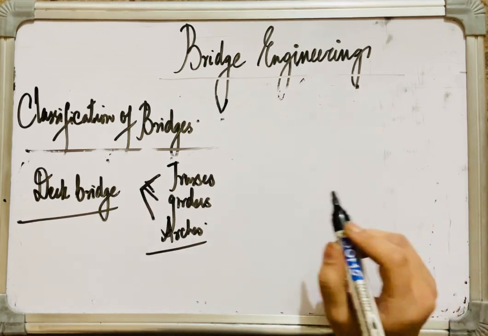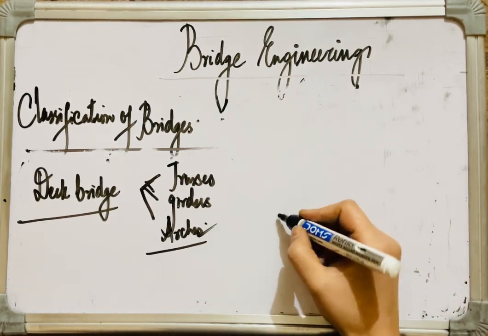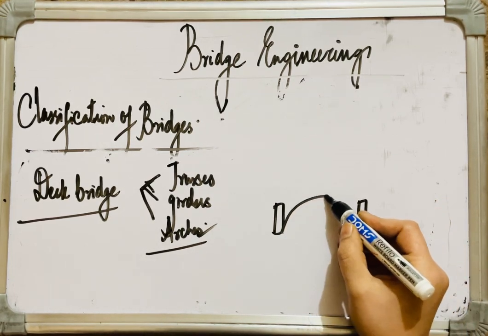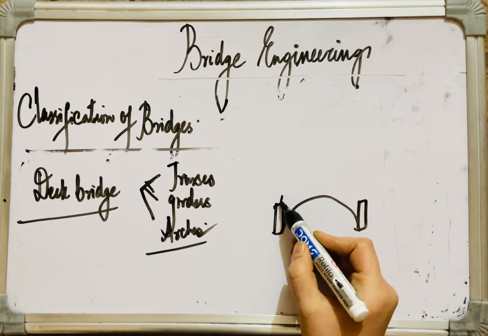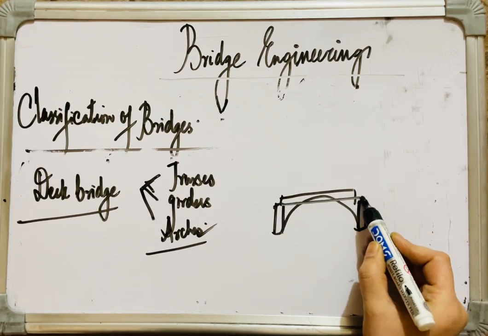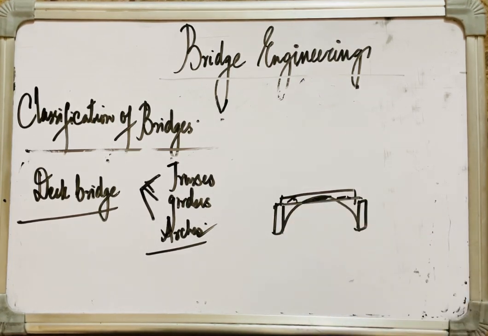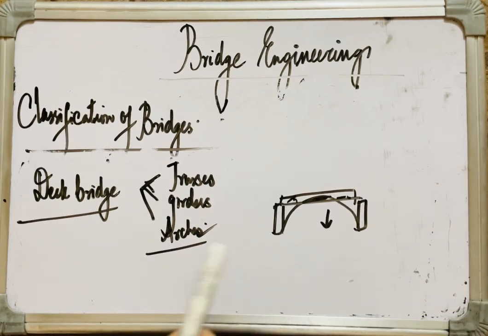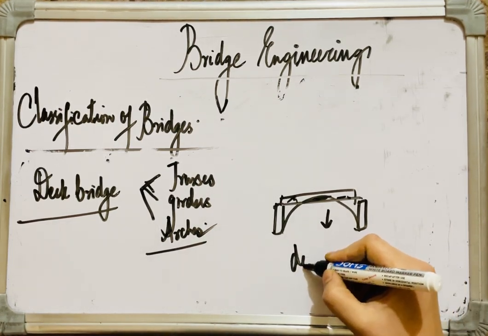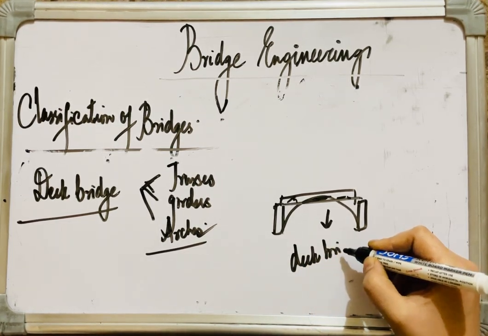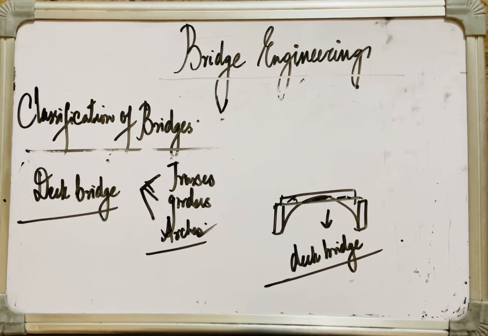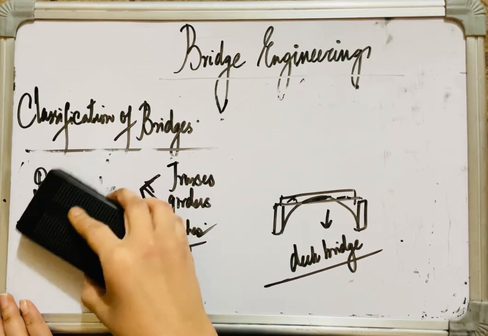For example, let me take an example of any of the above. Let's see arch bridge. This is the arch. This is the bridge deck. When the supporting elements are placed below or beneath the bridge deck, then that type of bridge is known as deck bridge. Then we have